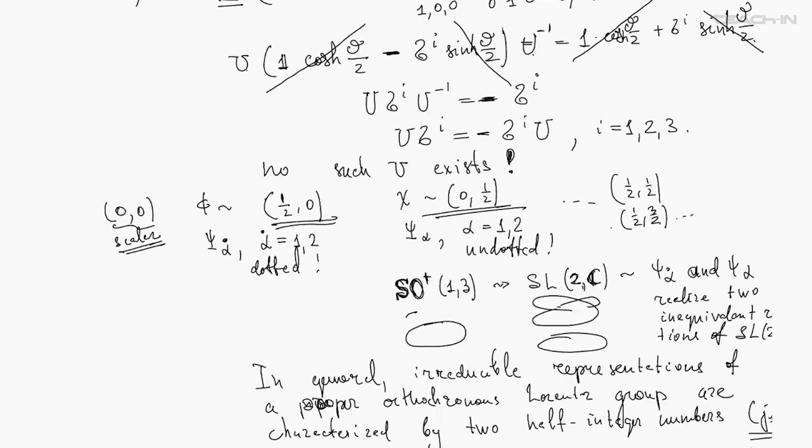But you should not be surprised that the two numbers do appear. Are you surprised that two numbers are needed to specify a representation? That's because this is not the rotation group, with which you are probably acquainted very well, where having one half-integer is enough to construct an irreducible representation. For SL2C, there are non-equivalent representations, and the difference between these representations